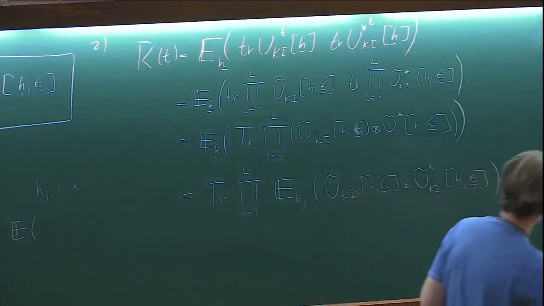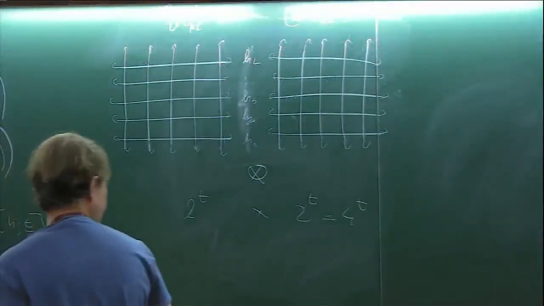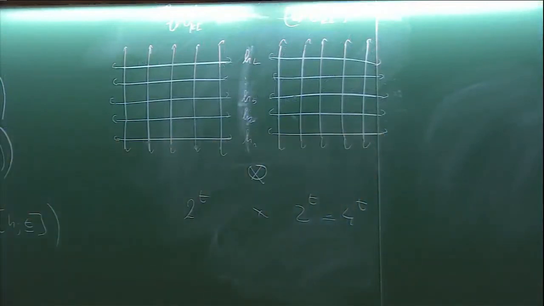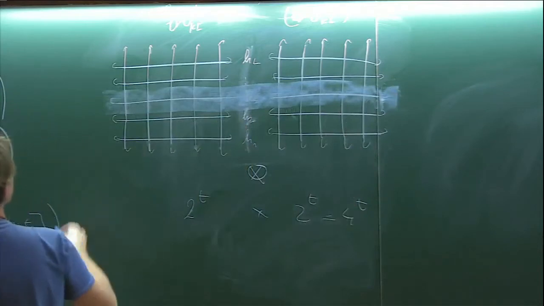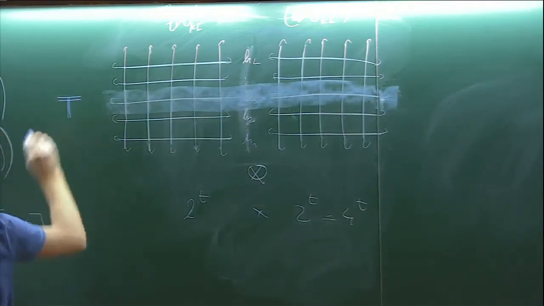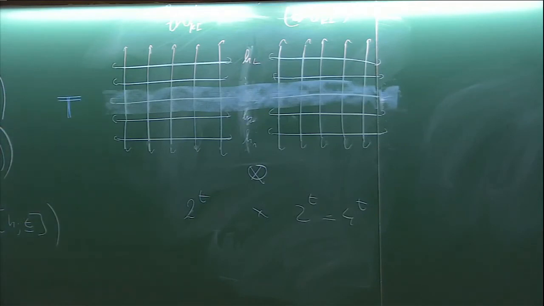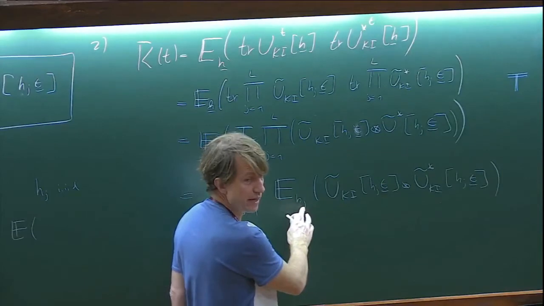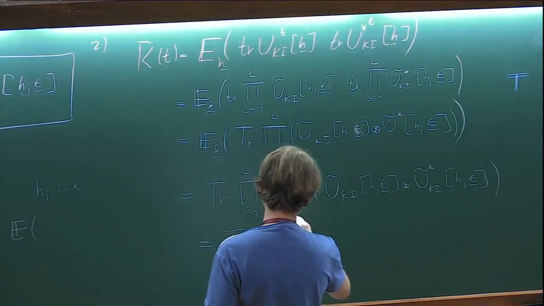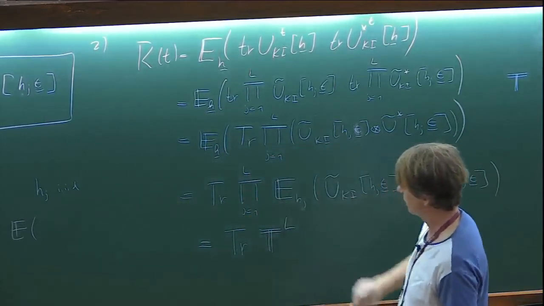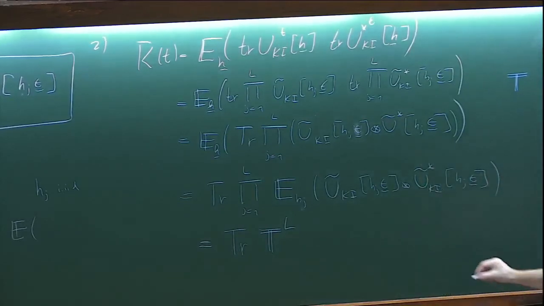Okay, so now what we are doing here is we use the blue color. Now what I denoted is my transfer matrix, which is 4 to the t times 4 to the t, which is this thing, and this thing is the same. What is remarkable here is that this guy no longer depends on the index j. So it's the same for any site. So basically this is just a trace over the power, I will denote this as double t, to the power L of some transfer matrix, which is defined like this,